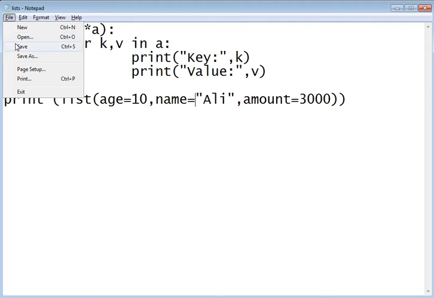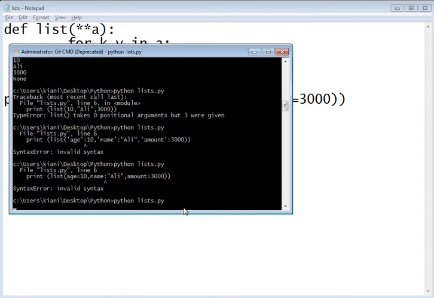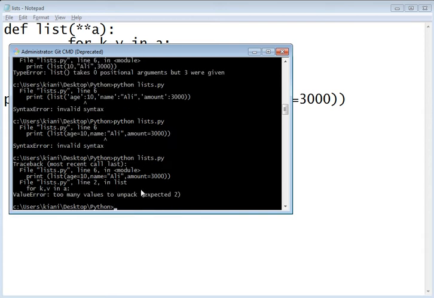So for example, we have age is equal to this, age is this, then we have name is this, we have some amount is this, okay? So let's save it and print.